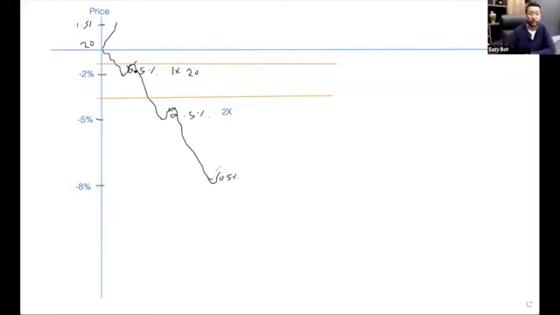Let's say it came here, just hit minus 8%, and then went up, and then it's going to buy the position here of the value of 4x this time, 4 times the initial order. That means 4 multiplied by 20, that's $80. And it's going to again bring the average price down here. Let me put it in a different color.